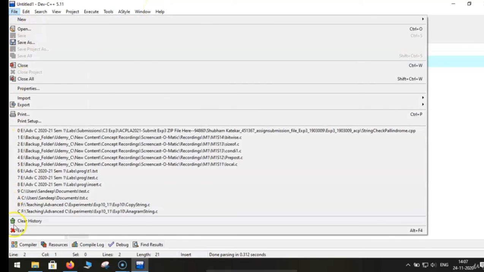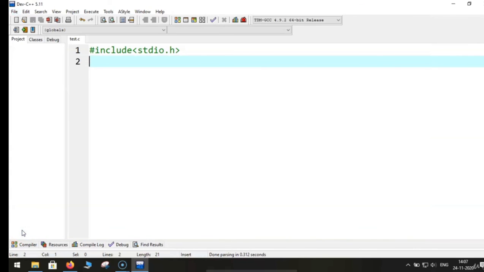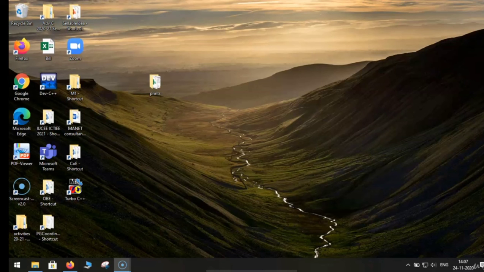So this is a brief introduction of Dev C++. Though we discuss various menus from the Dev C++ environment, very often we will use only two important menus, that is file menu and execute menu. Rest other menus are rarely used, and we can go ahead with the default options which are available over there. So with this brief introduction, you'll be able to use Dev C++ in a best possible way.